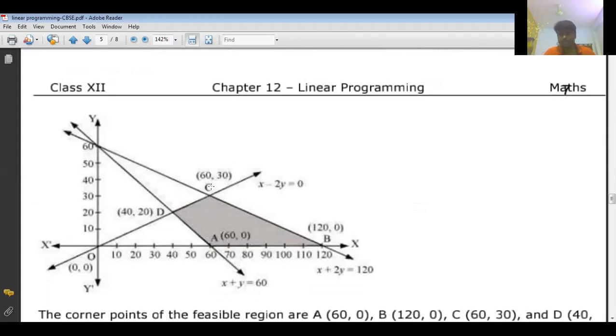We can solve those two lines. Solving lines is very easy. 40 comma 20. So finally, for the line x plus 2y less than or equal to 20, the region is below. And for the line x plus y equals 60, the region is above, greater than or equal to. So finally, this will be the required region, which is bounded and closed here.